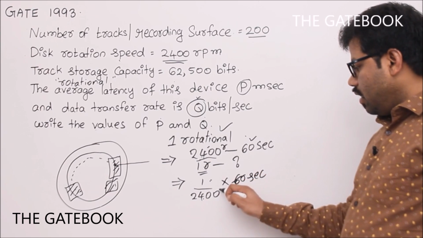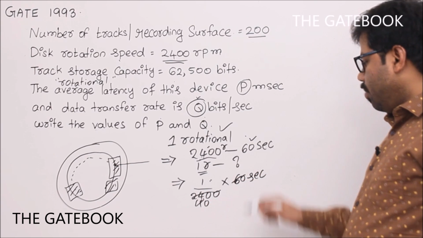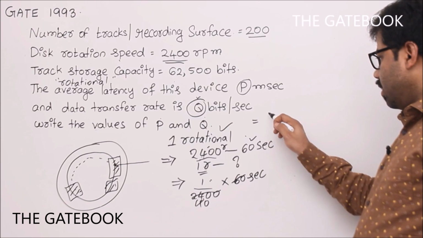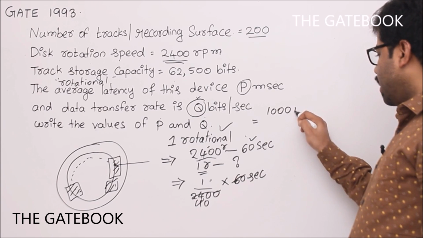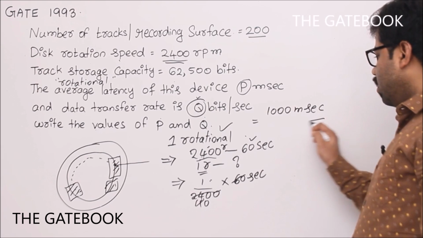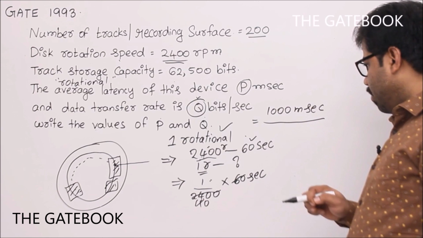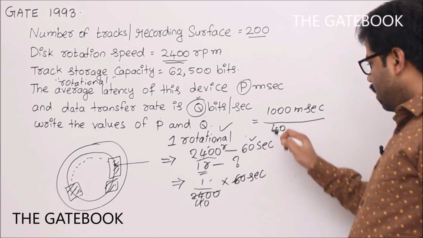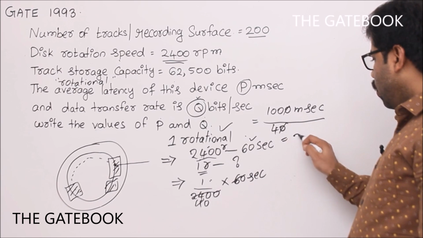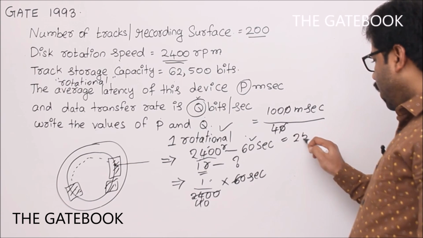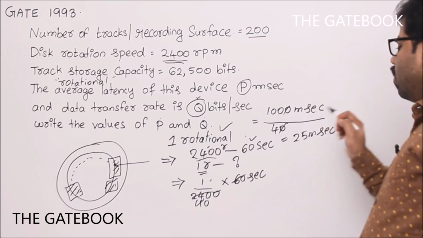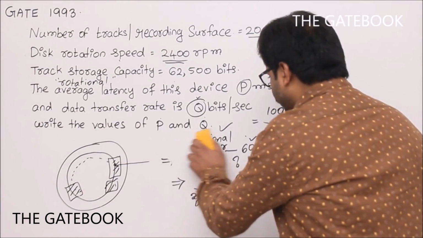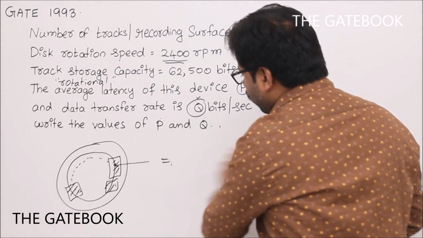So 60 by 2400 is 1 by 40 seconds. That is nothing but 1000 milliseconds, which is 1 second. Remember, I am converting 1 second into 1000 milliseconds, divided by 40. If you simplify it, you get 25 milliseconds. Remember it. Finally, one rotational latency is 25 milliseconds, but we would like to find out half of